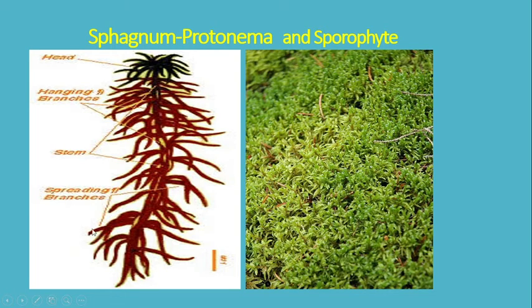In the case of Sphagnum, the main plant body is divided into a stem, or you can say the axis, and it shows the presence of leaves which are spirally arranged on this axis or stem, and three types of branches which arise from this stem. The first type of branch is known as the comma branch or head, which you can see over here, a group of branches present at the tip or apical position.